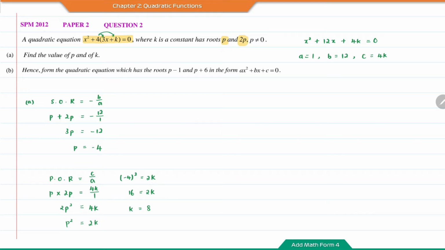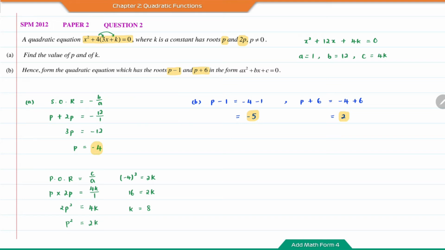So B, we want to form a quadratic equation which has the roots p minus 1 and p plus 6. So first, the root p minus 1. I already know the p is equal to negative 4. So I'm going to substitute the p with negative 4. Therefore, I'm going to have negative 4 minus 1, which is equal to negative 5. The other root, which is p plus 6, is equal to negative 4 plus 6, which is equal to 2. So negative 5 and 2 are the roots for the new